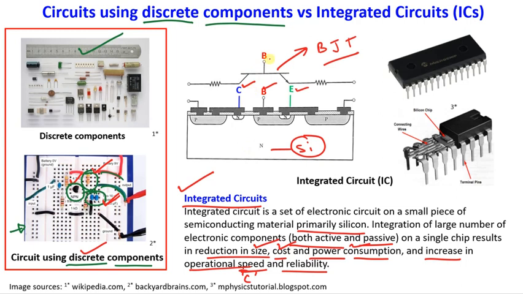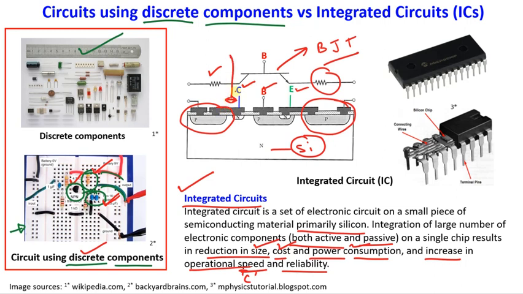Now this is the circuit symbol of a bipolar junction transistor. We have not discussed it right now. We will discuss it when we discuss the BJT. Now you see this resistance. In discrete components you will use a resistance like this, but in an IC, this resistance is also implemented in the semiconductor. So everything is on the same chip, which is made of silicon, right? And you can see that just beside this transistor you can place this resistance.